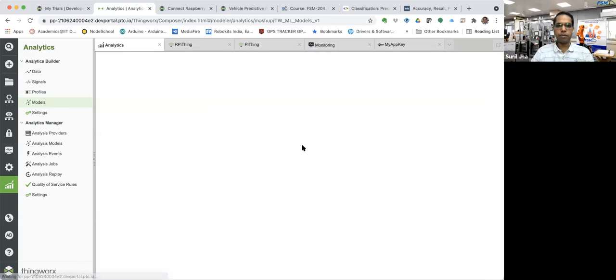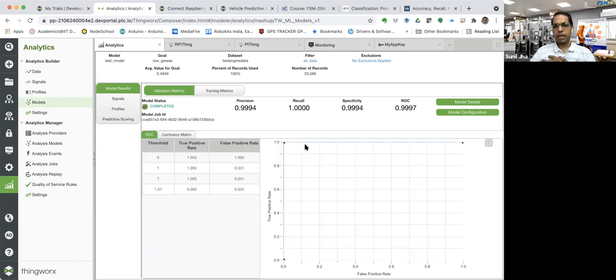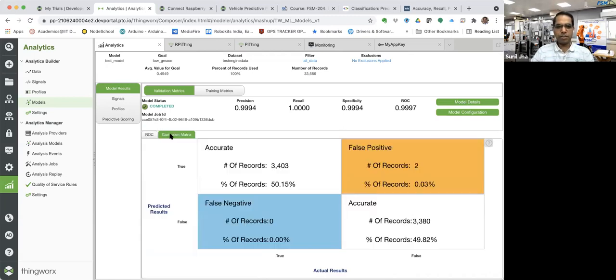So what we can do is view it. All your statistical parameters will now appear over here. You'll find the precision and recall, everything is above 99% because this is all synthetic data. If you can see here, it's 100% predicting correctly. If you go and see your confusion matrix, it's hardly 0.03% false positive.